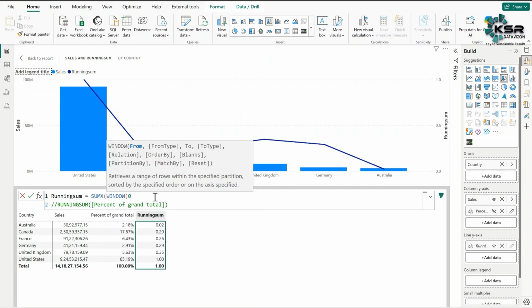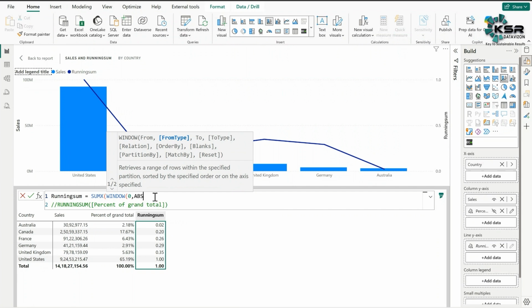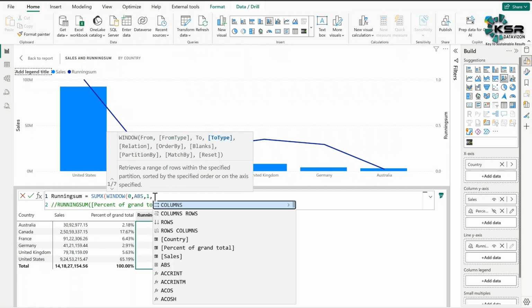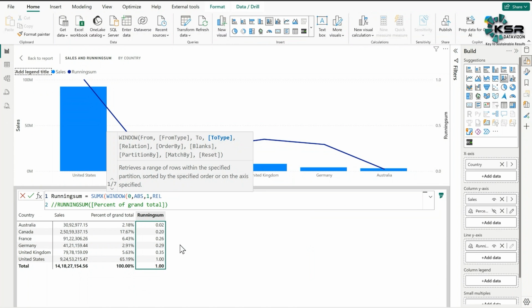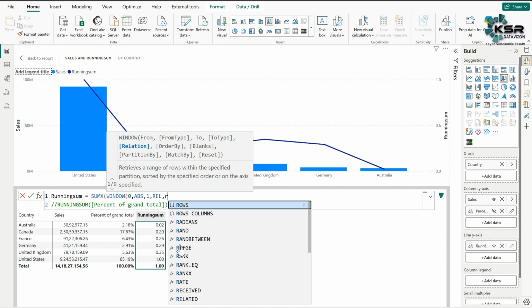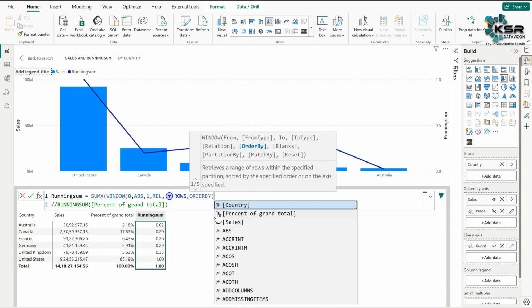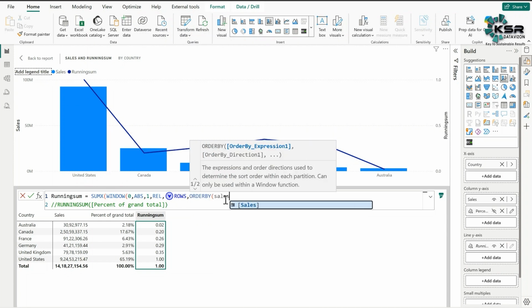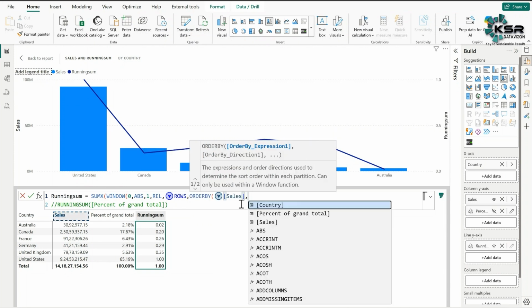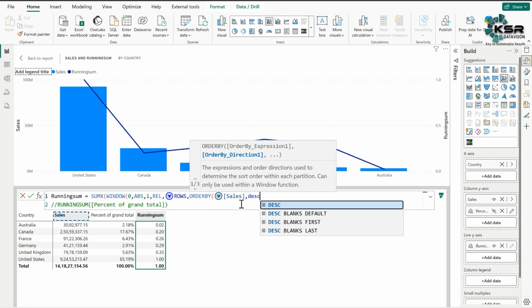From is 0 and from type is absolute. After that, to is 1 and to type is relative, and then relation is rows comma order by sales comma descending. So close the bracket,